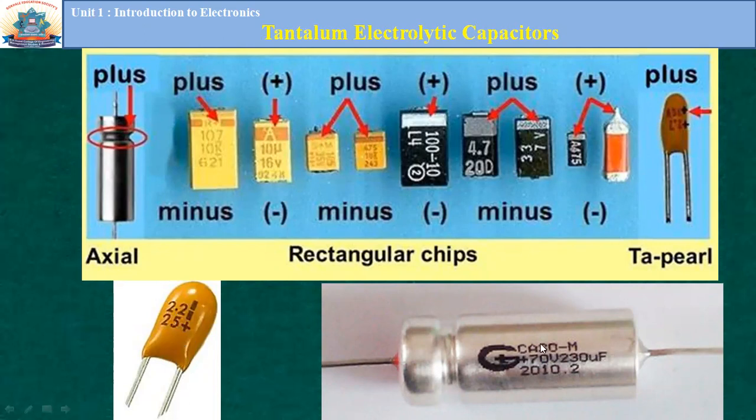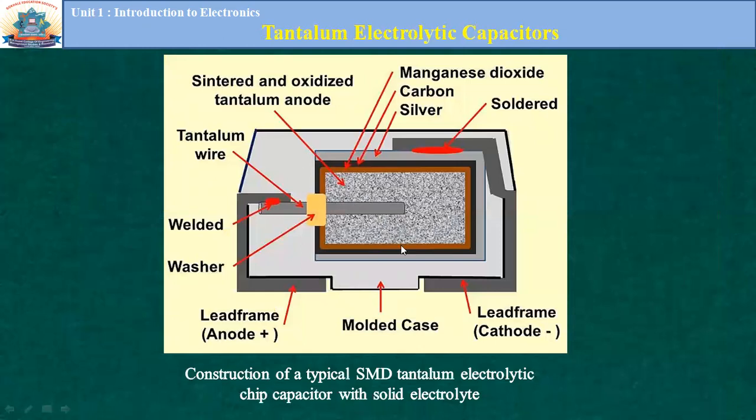Similarly, this is an axial capacitor, and here we see this is the positive terminal and this is the negative terminal. These are various packages of the tantalum electrolytic capacitor. Here we see surface mount, or you can see the multi-layer type of capacitors. This is the positive side; this marking shows which one is positive and which one is negative. This grayish marking indicates the positive side. This is the multi-layer chip type capacitor that is formed with the tantalum mixture.